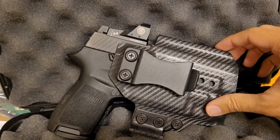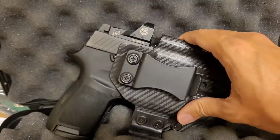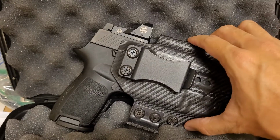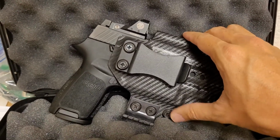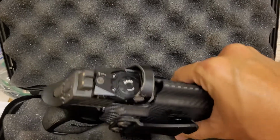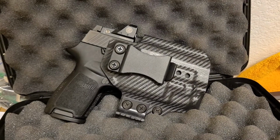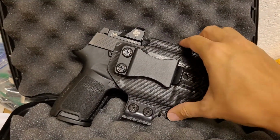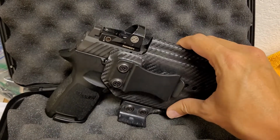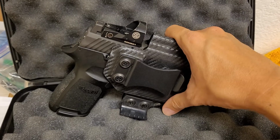Hi guys, I just want to give a quick video on the Romeo 1 and battery life. This is my P320 Compact RX. I've been carrying it every single day, a few hours per day, not a full 8 hours. I'd typically be out and about maybe a few hours of the day, to be honest. So not a spectacular amount of usage, but every day, extremely reliable in terms of me carrying, a few hours a